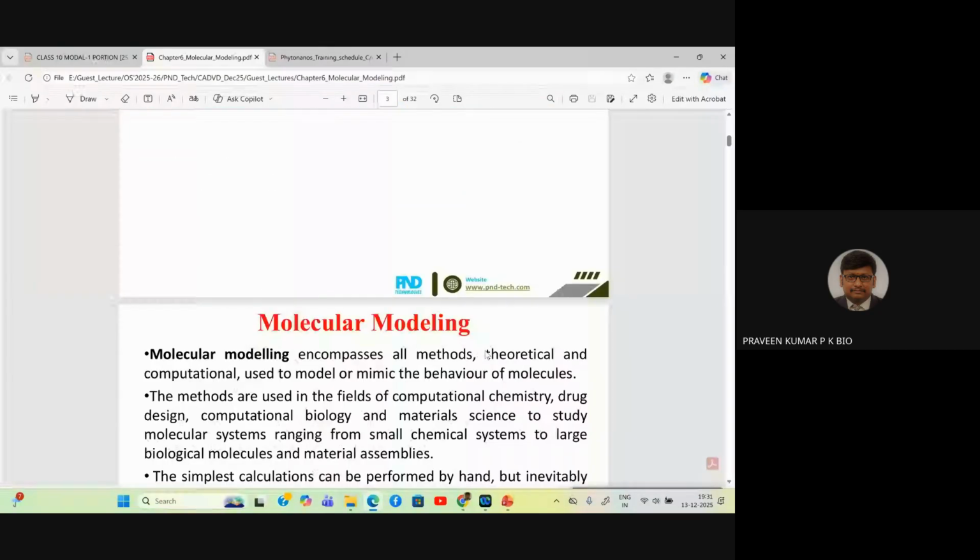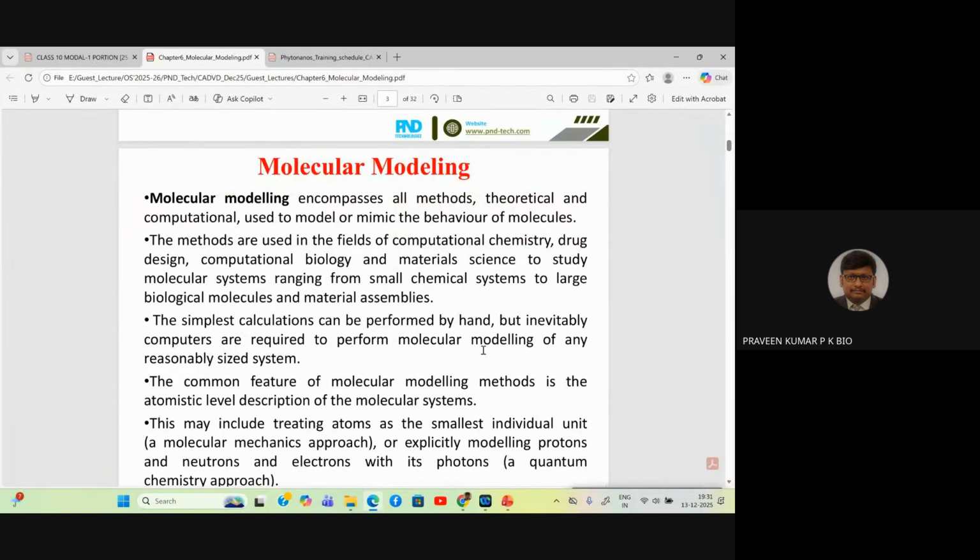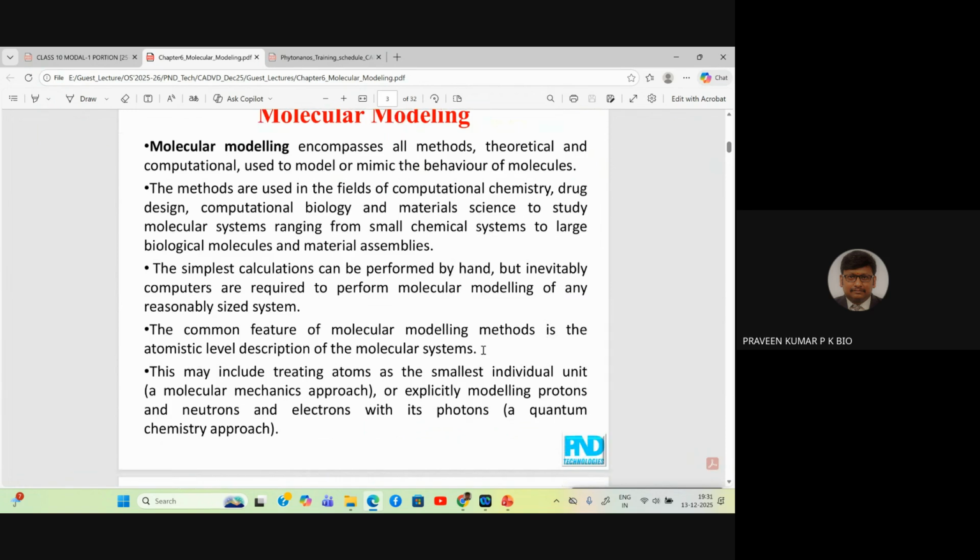Molecular modeling, you remember, I've already taken protein modeling, macromolecular modeling, but we also have small molecules. So molecular modeling can be of two types: small molecule modeling or macromolecular modeling. But first of all, what do you infer from molecular modeling? Molecular modeling encompasses all methods, theoretical and computational, used to model or mimic the behavior